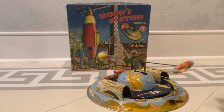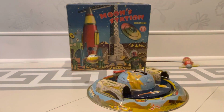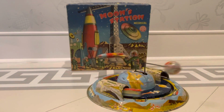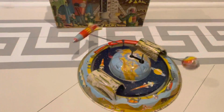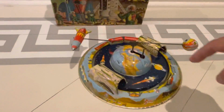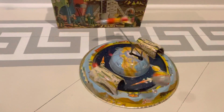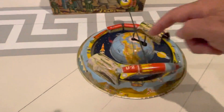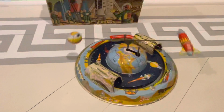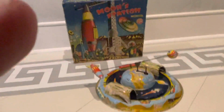And it'll... It's like most toys. Once you coax it... Let's see if we can coax any more action out of it. That's why it's so easy to overwind these toys. You see how much action is actually left? So anyway, my friends, that is your